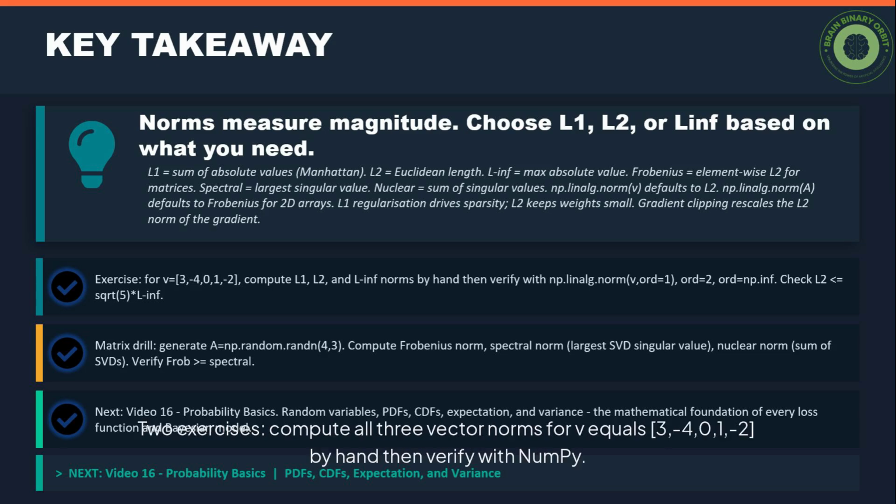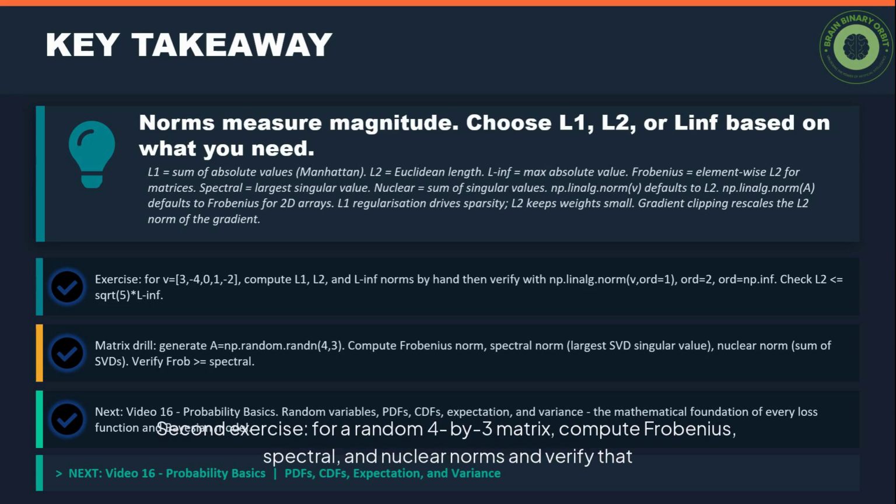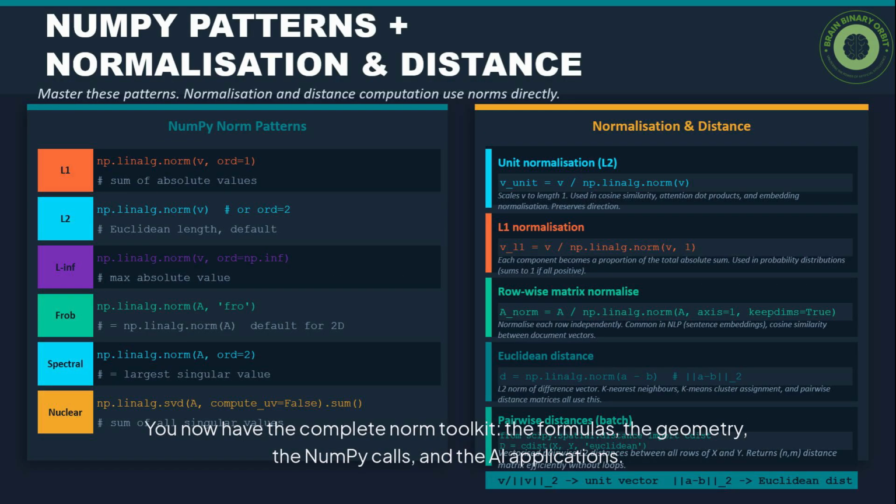Two exercises. First, compute all three vector norms for v equals 3, 4, 0, 1, 2 by hand, then verify with NumPy. Check the inequality: the L2 norm is less than or equal to the square root of the dimension times the L infinity norm. Second exercise: for a random 4×3 matrix, compute Frobenius, spectral, and nuclear norms and verify that Frobenius is greater than or equal to spectral. You now have the complete norm toolkit, the formulas, the geometry, the NumPy calls, and the